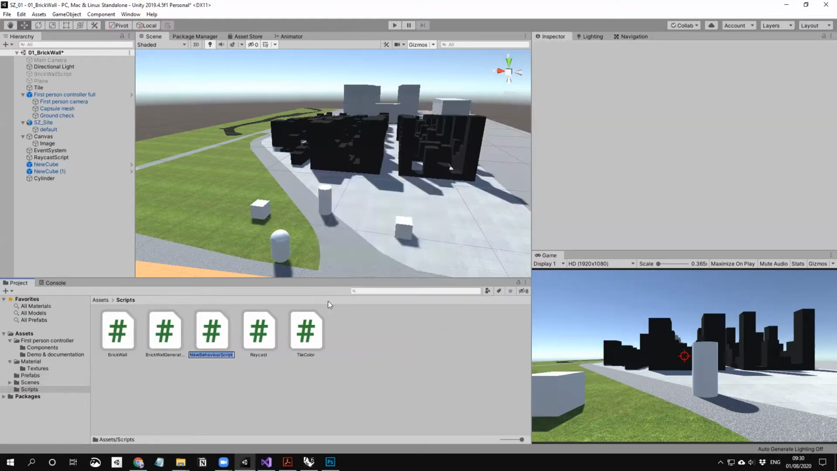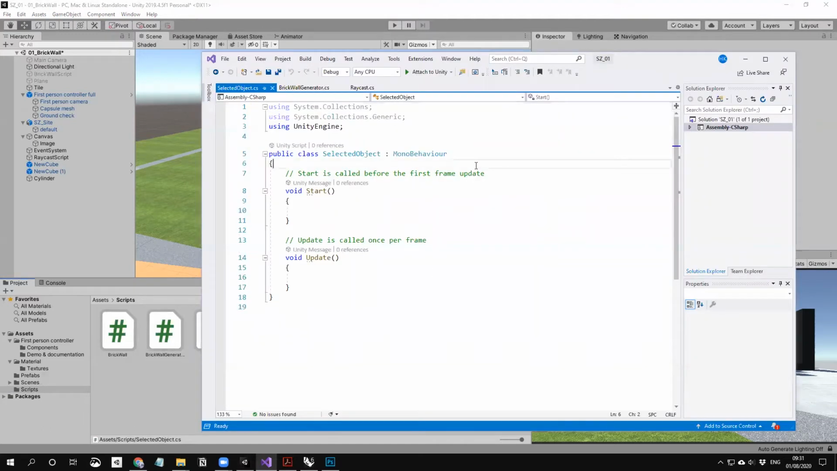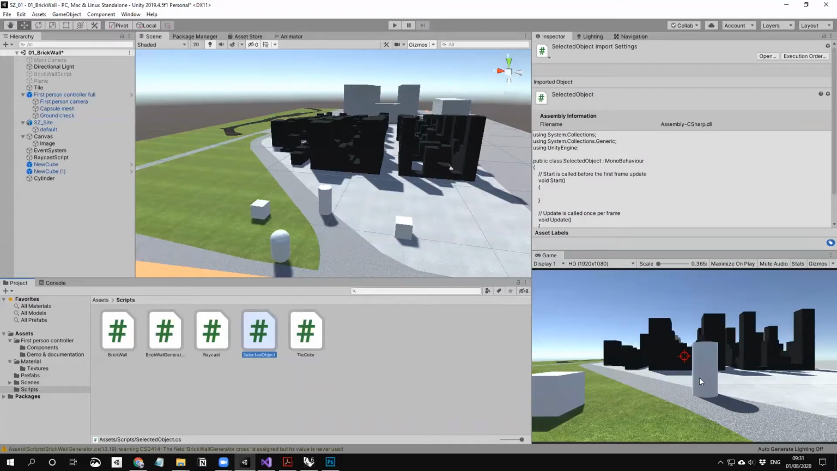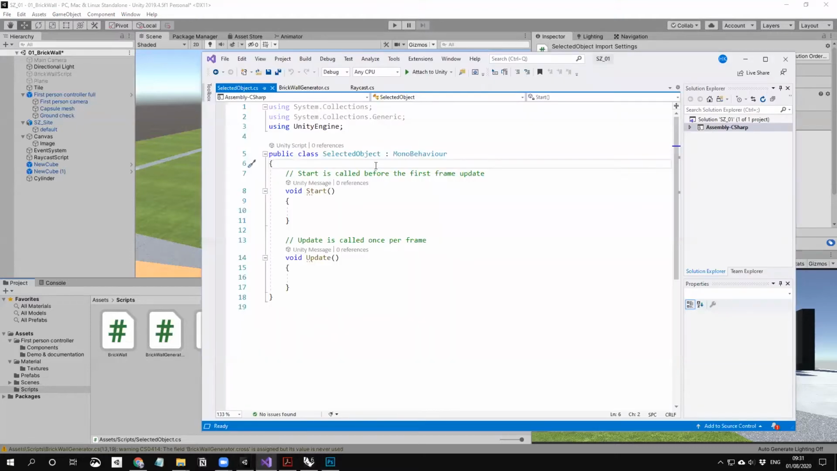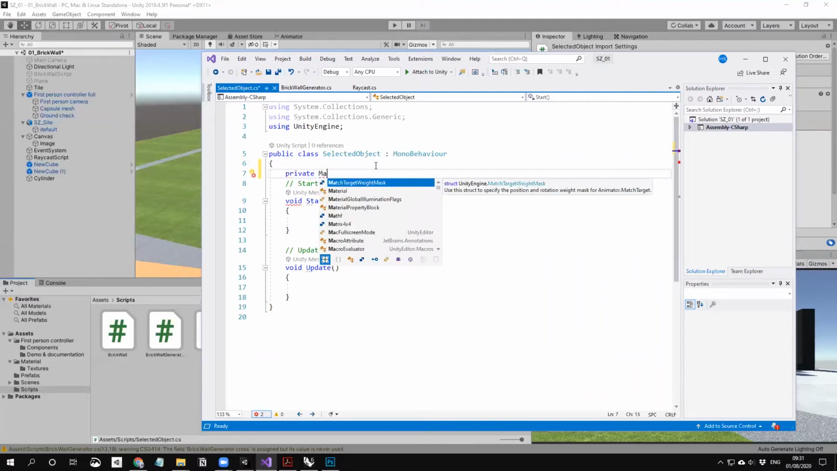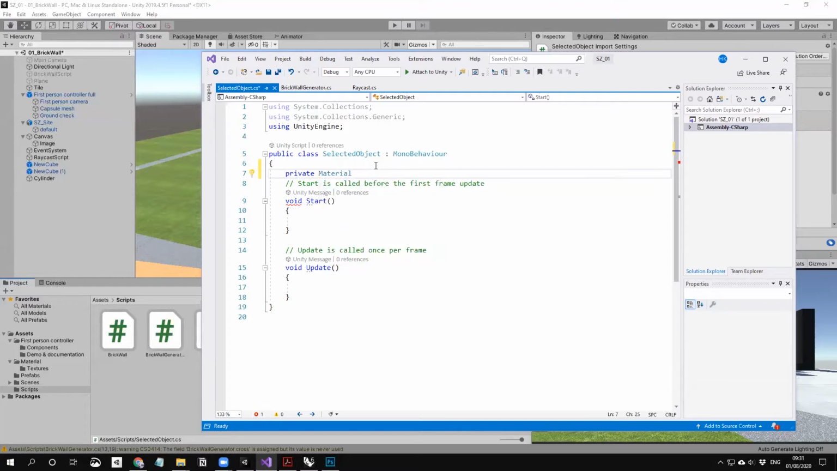So in the C# script, you can say selected object. And in here, maybe we can change to a red color or blue color, whatever, yellow. Usually, yeah, maybe yellow. But let's see. So here, private material, because we're going to change the material inside of the script. Private material is highlight material,